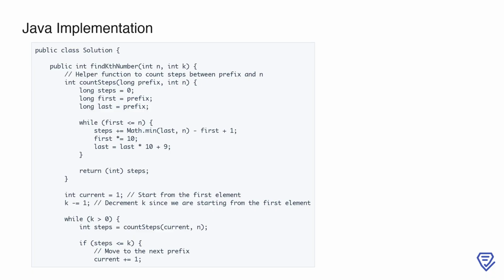Finally, countSteps returns the total steps as an integer. Back in the main function, we initialize current to 1, representing the smallest number, and decrement k by 1 since we are starting from the first element. The main while loop then begins, where we repeatedly calculate the steps for the current prefix to decide how to